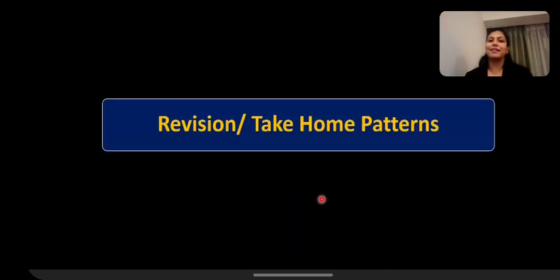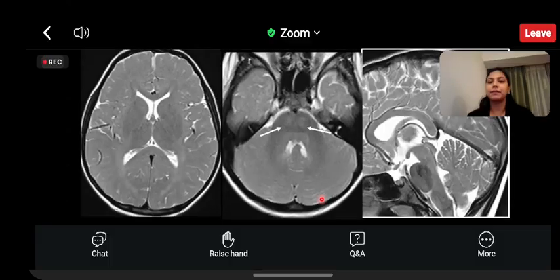So before ending, I know it was a very difficult case series, and we may not encounter them very commonly, but I want you to take at least some patterns from this lecture. So we'll again have a very quick revision of the cases which we already saw, and I hope that you all will answer. So what is this diagnosis? We see diffuse hypomyelination with involvement of the dorsal brainstem and sparing of the ventral brainstem except for the corticospinal tract. So the diagnosis is,